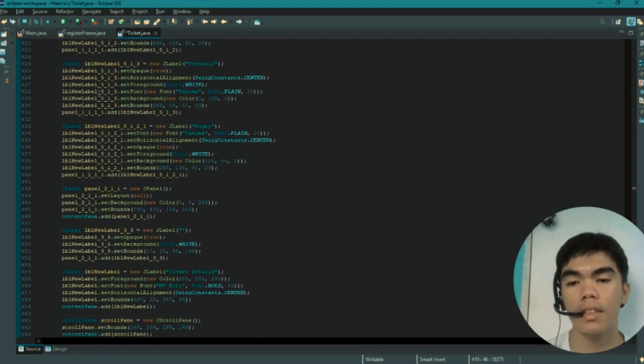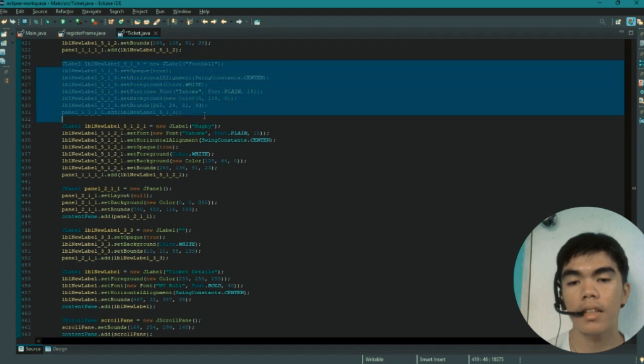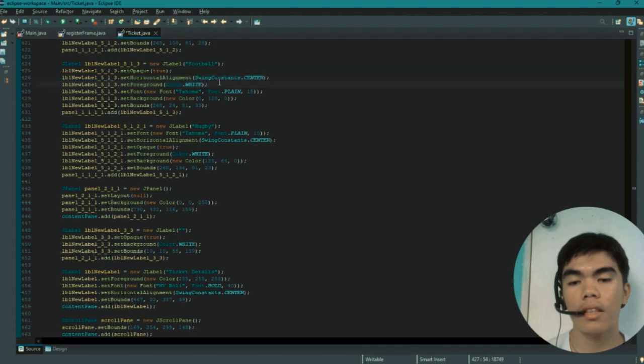So next is this JLabel, and have a string name Football, and set the horizontal alignment to center, set the foreground to white, set the font to Tahoma, plain, and size 15, and set the background to new Color, set the bounds and add it to our panel.